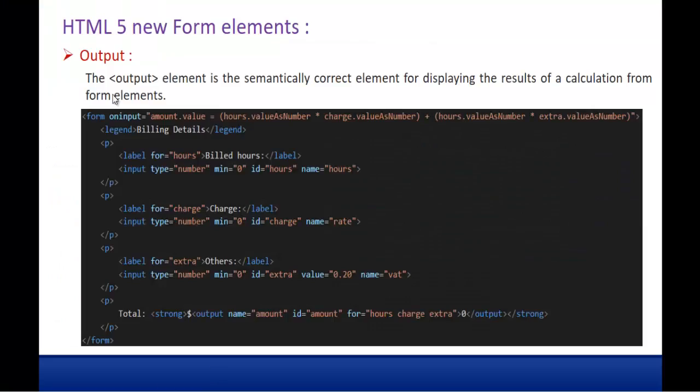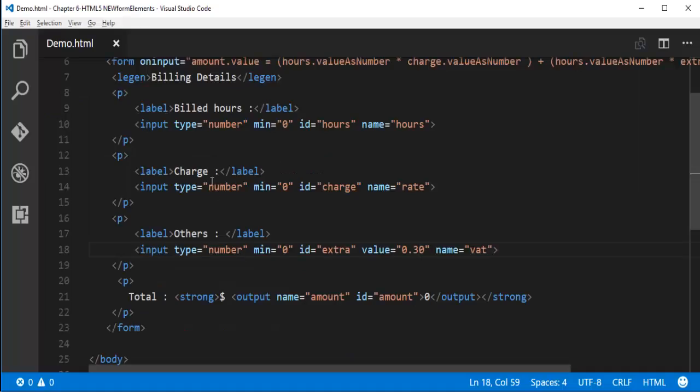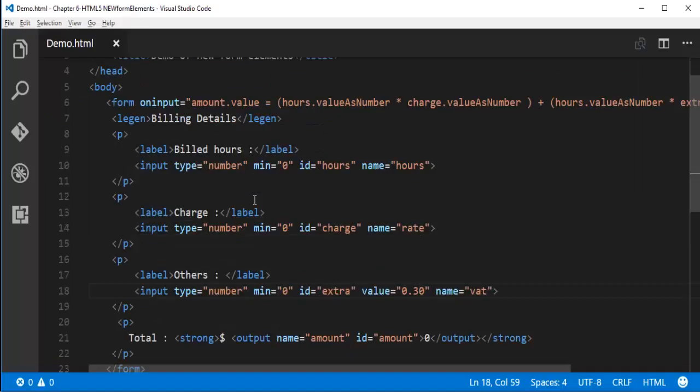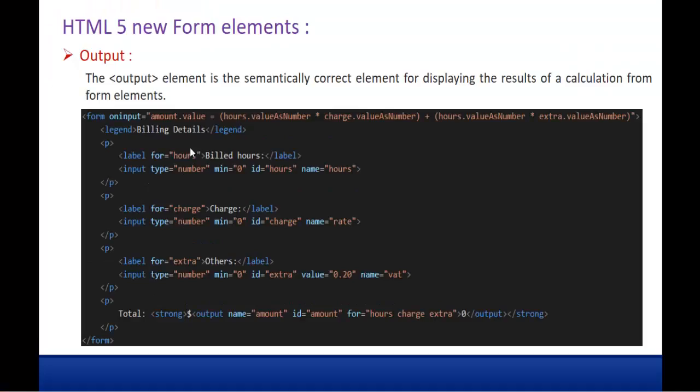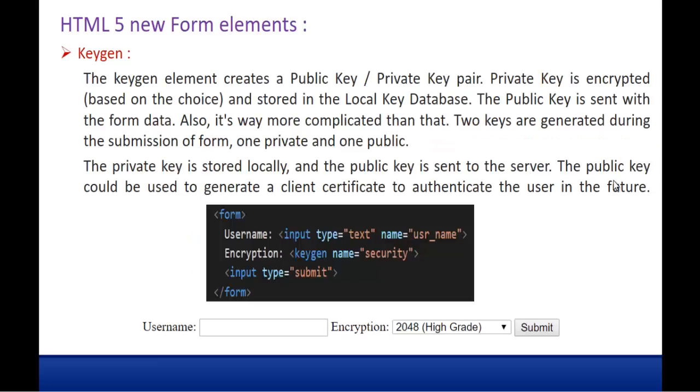It's very simple. The output element is the semantically correct element for displaying the results of a calculation from form elements. So with the help of the output tag, we did a simple calculation. You can observe very clearly we did a simple calculation here, and we are displaying it in the output tag. Let me jump back to the presentation, and we are going to learn the next tag, that is